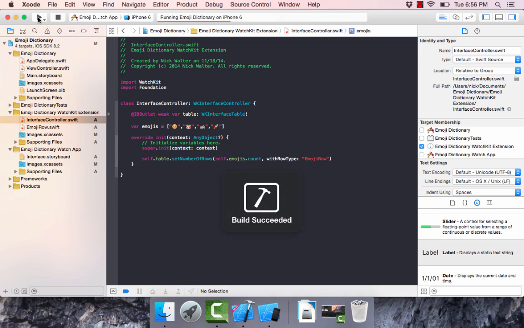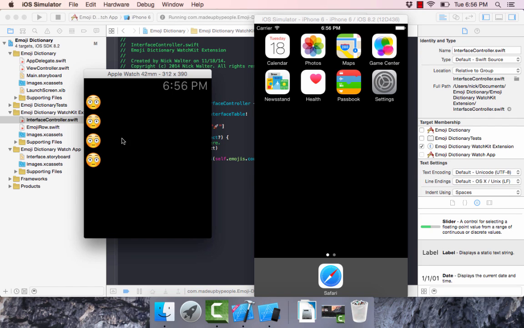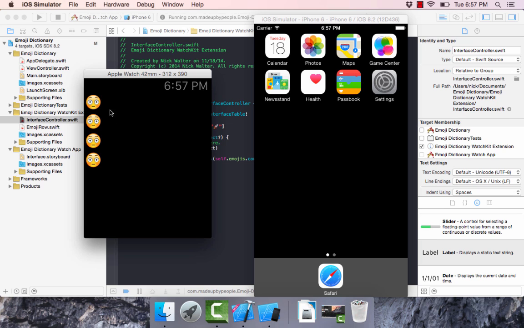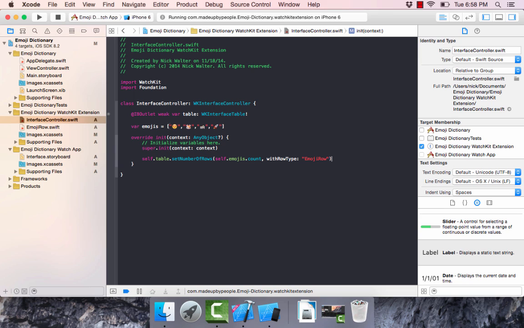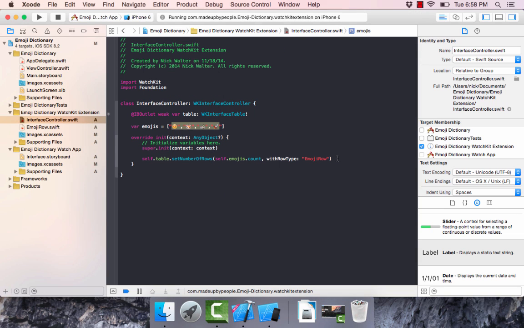And if we hit play on this now, you can see that there's 4. So that's all working, and that's great. So we now have our table showing rows for however many items are in our array, but now we want to show the actual emojis that are inside of the array here, inside of the table, instead of the flush face every time. So hit enter a couple times to make some new space here,